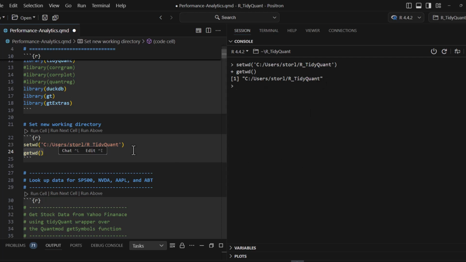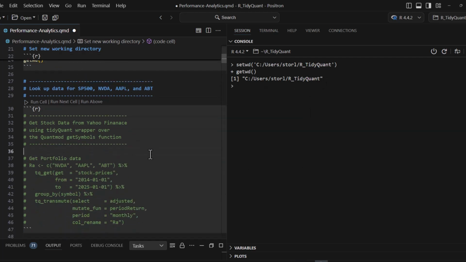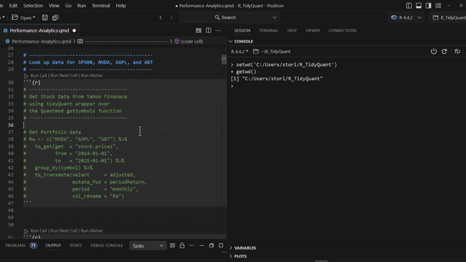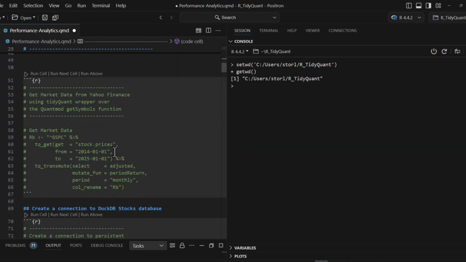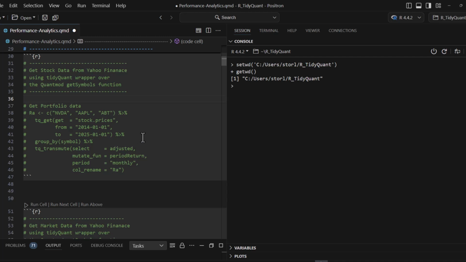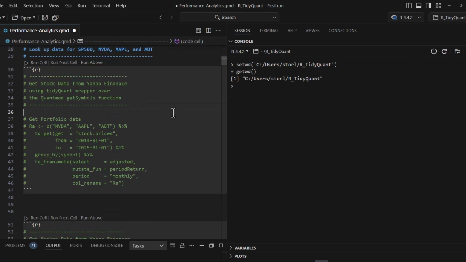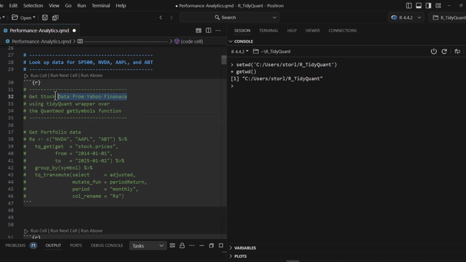You can see I'm pointing to that location. All right, very good. Now, I won't be using these commands here, like you see here. These are TidyQuant, which is a wrapper for a few different packages like quantmod, like XTS, which is built on top of the zoo package, and also there are a couple of other packages like PerformanceAnalytics. But I'm not going to load it from Yahoo Finance because in the previous videos, as you might recall,